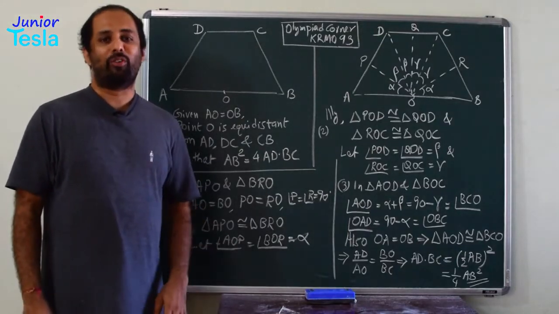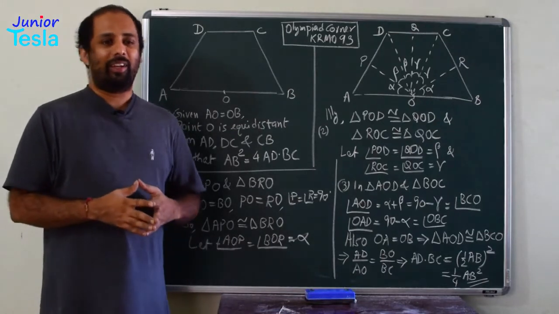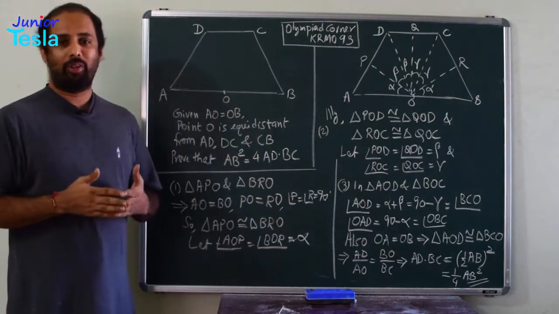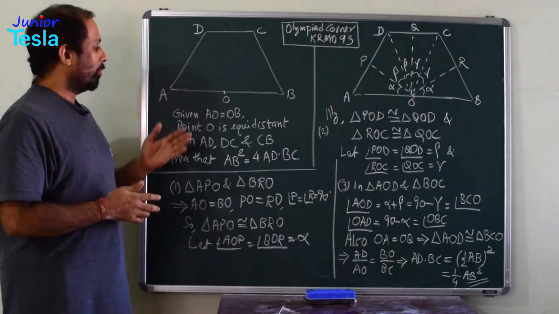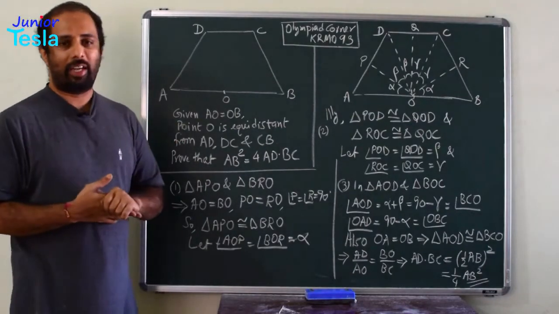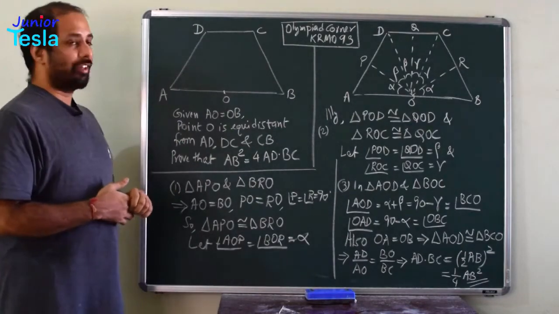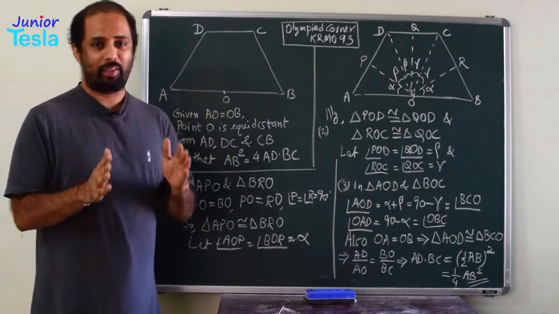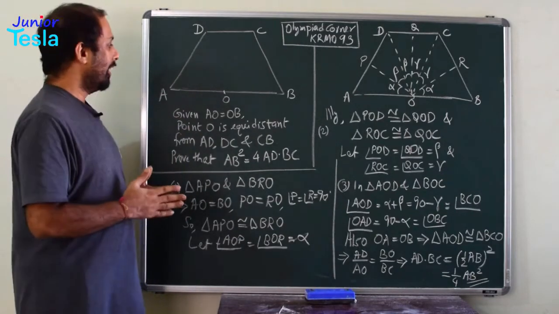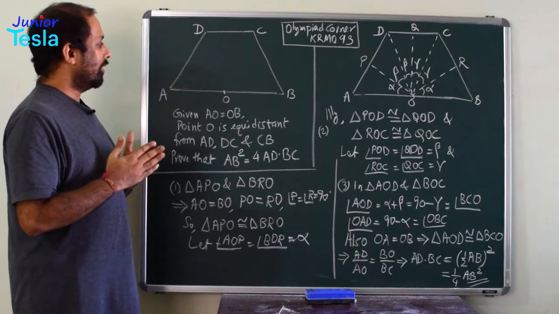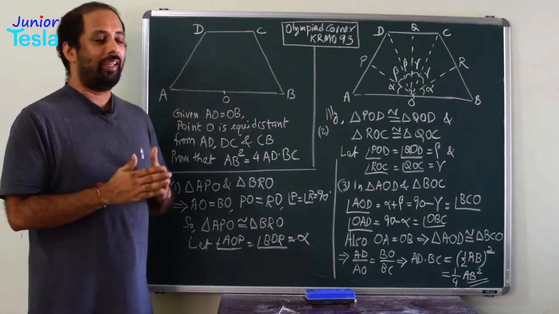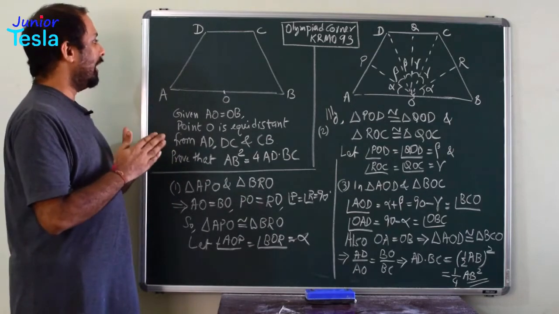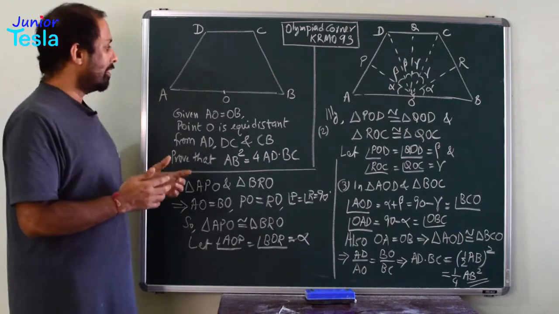In this episode, we are going to see a geometry problem. The problem had appeared in KRMO 93. The problem is here. We have a diagram ABCD, which is a quadrilateral. They have not mentioned that it is a trapezium. It is a quadrilateral, and the midpoint of AB is equidistant from three other sides, which means I have taken